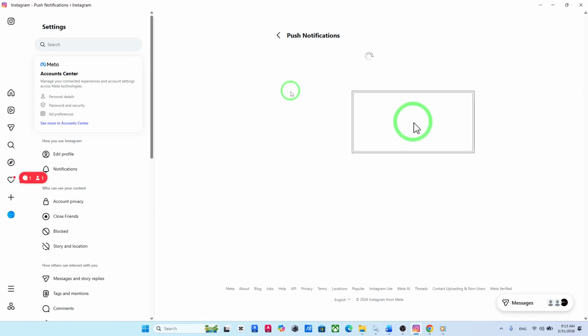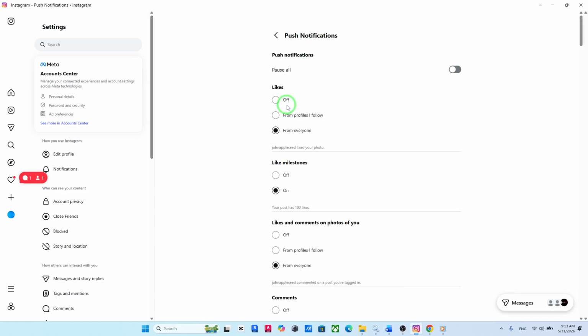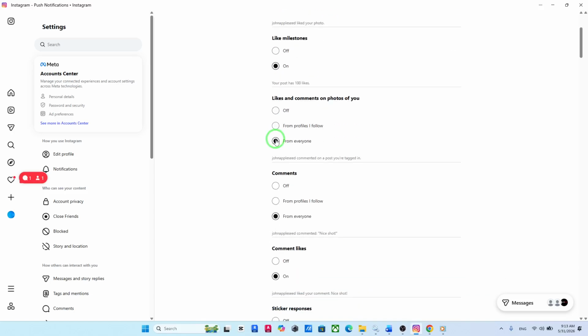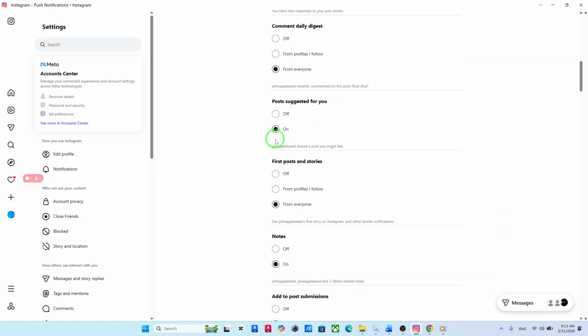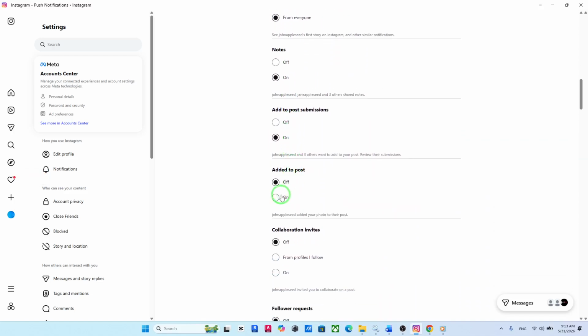Next, click on Push Notifications. This is where Instagram lets you manage what alerts you receive in real time. Now scroll through the options until you find Add to Post. This setting controls whether you get notified when someone includes your photo in their post. Under Add to Post, simply choose on